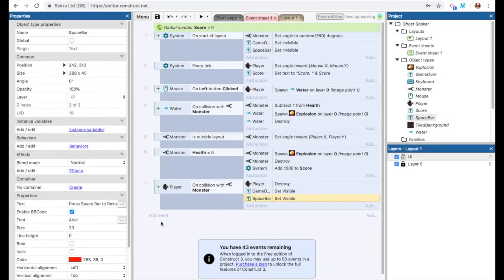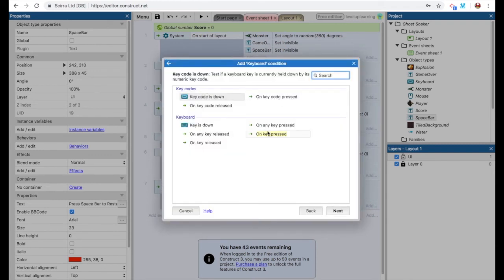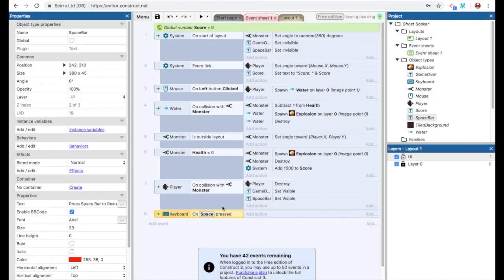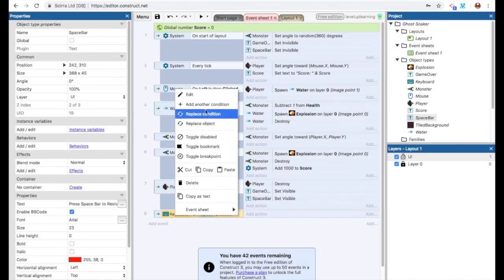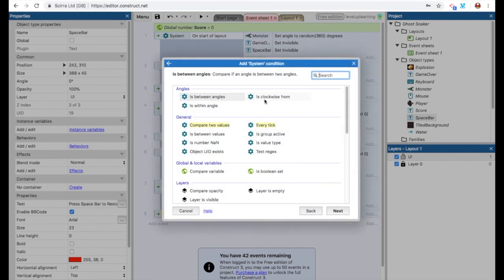And the last thing we need to do is add an AND function. So we're going to have two conditions. Usually here we say if one thing happens, then do these things. Here, whenever I add this condition, we're going to have two conditions that have to be met. So if the keyboard is pressed to spacebar, and if I right-click the condition, say add another condition, so if the keyboard spacebar is pressed and the system,